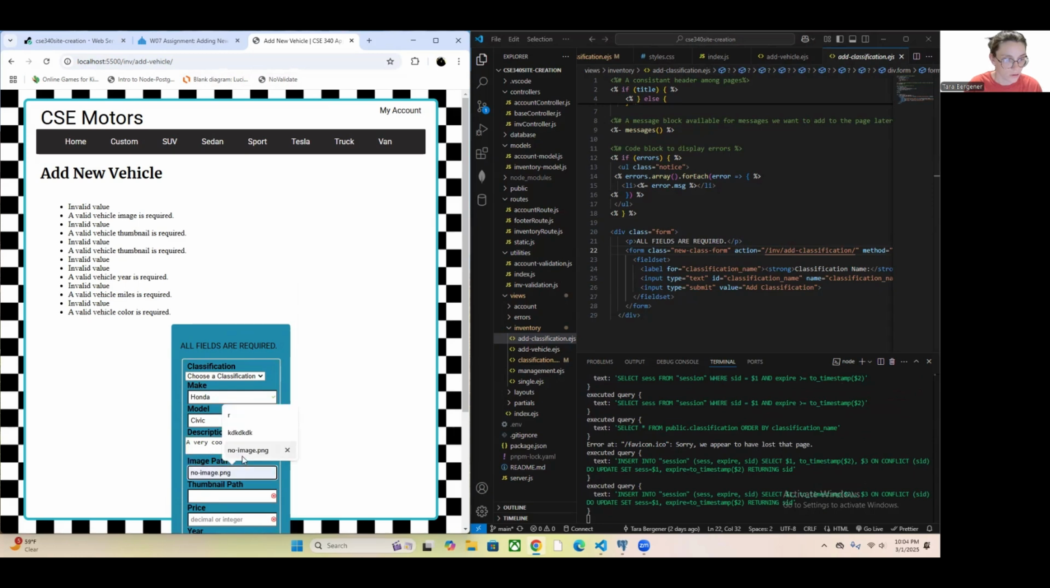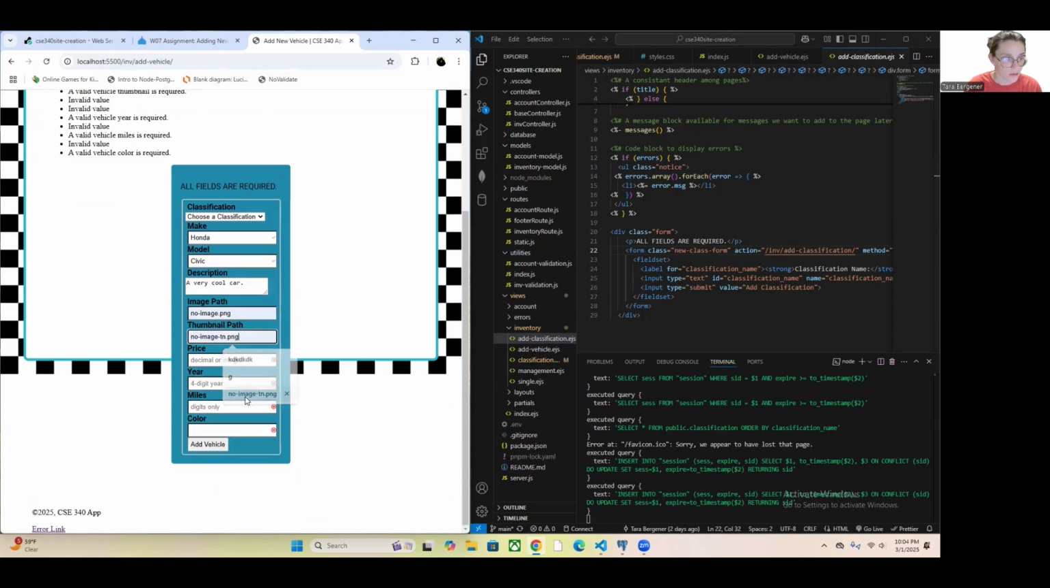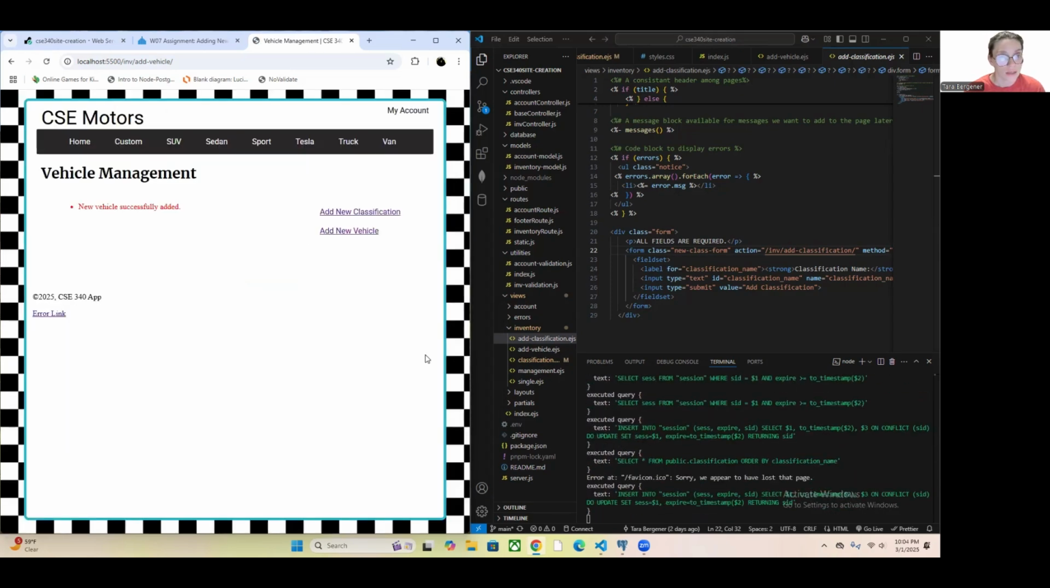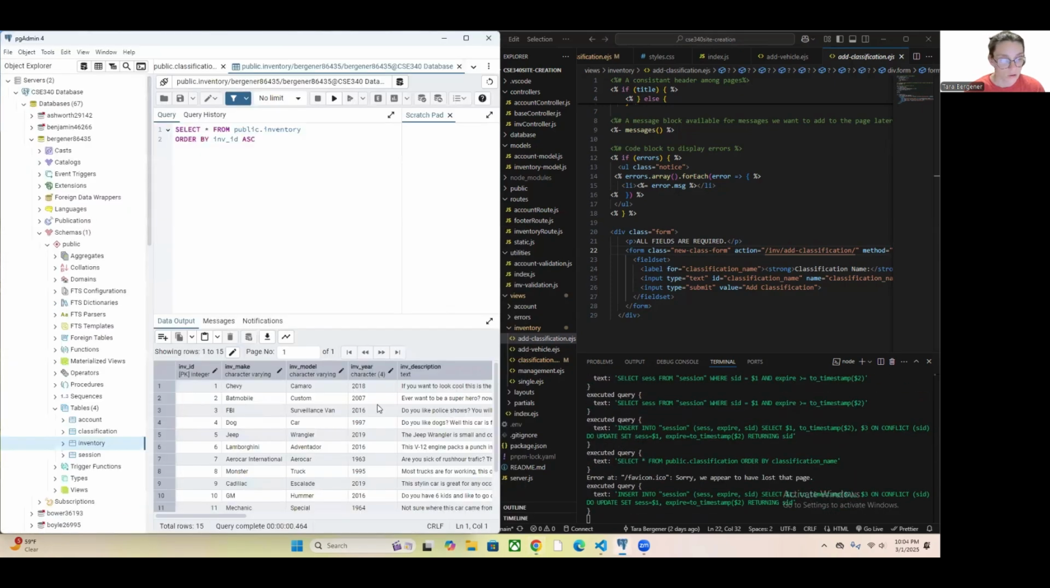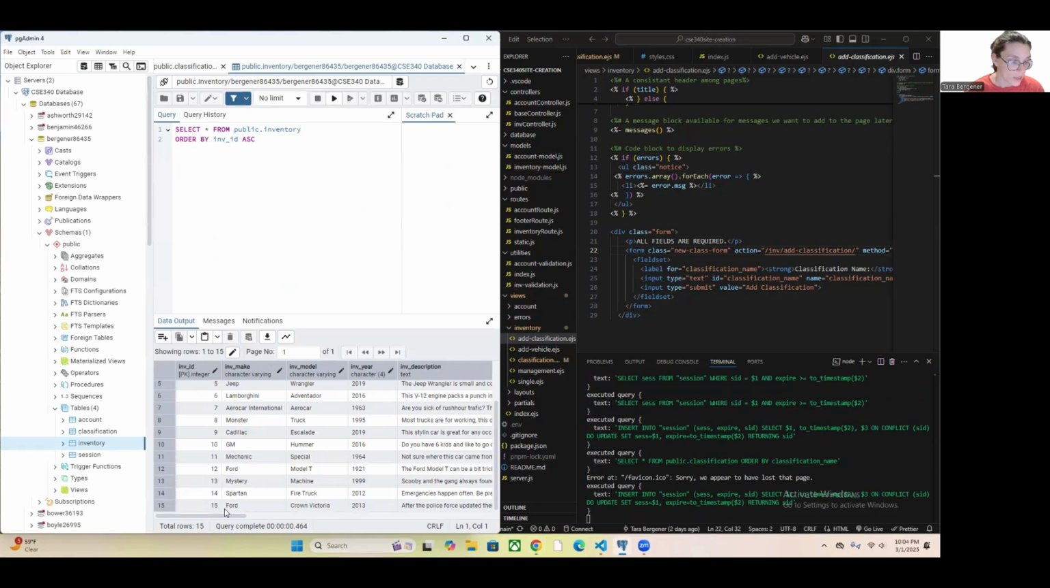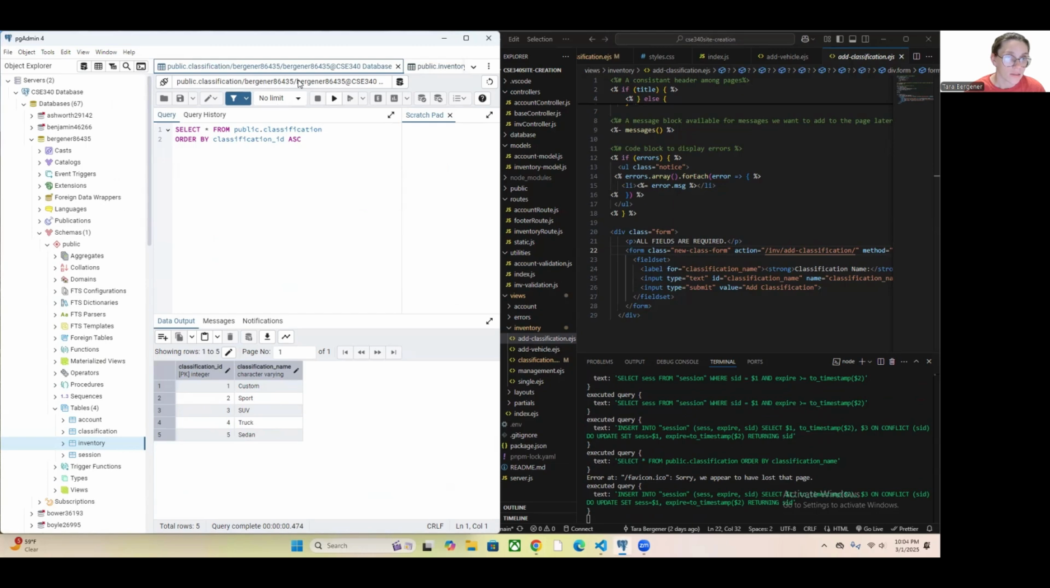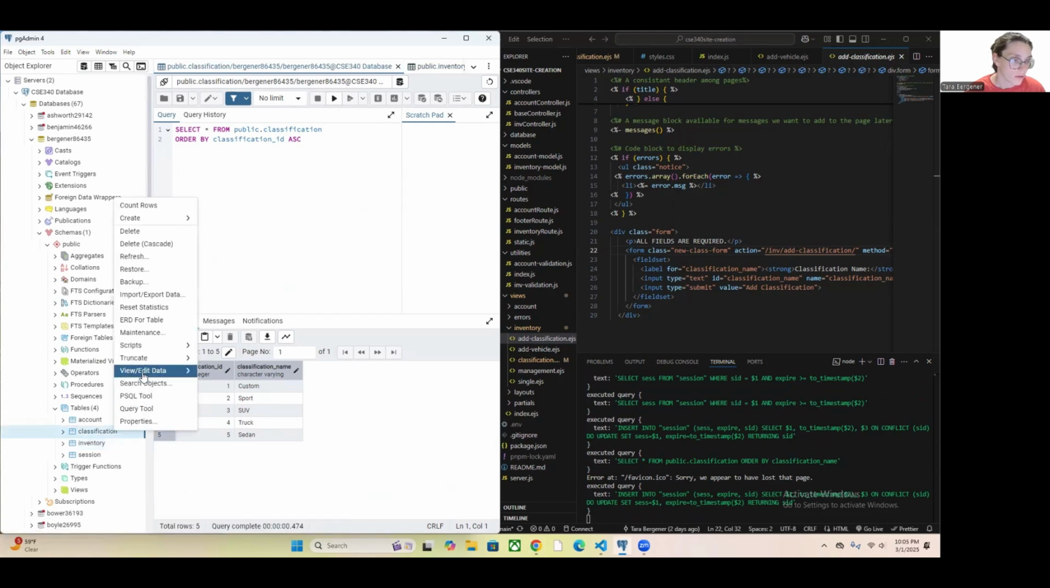And then just add these images. Add the vehicle. Oh, my client side is telling me that I need to have a classification. And then it does say that it was successfully added. So I did pull up these before adding them, so you could see that they were not added previously. And then I will run them again